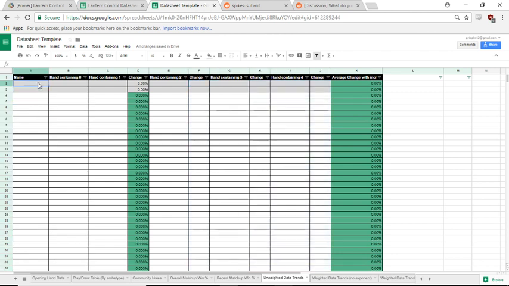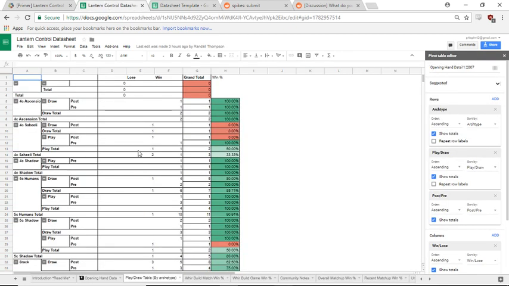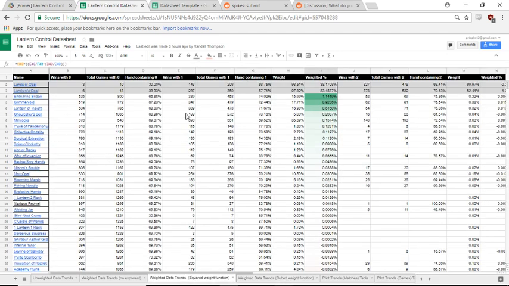You're going to have to enter in the names of cards here and link them correctly. So for example, on this one right here, if I go to the squared weight function, I have it linked to the Ensnaring Bridge tab pivot table. It goes to a pivot table that I created, and then a certain square. The way you create these pivot tables, some of you might already know this, but